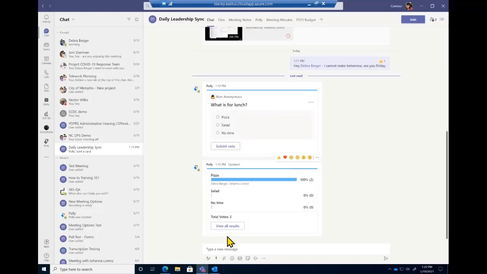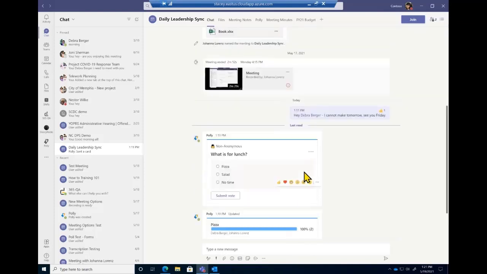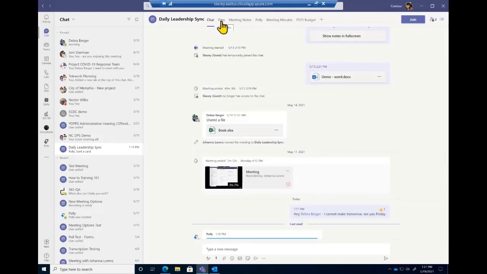So one thing to call out, it is a little bit different in a personal meeting versus a team meeting. The files all live in the uploader's OneDrive. So if you do not have OneDrive, you wouldn't be able to attach a file here in a meeting. So it is dependent on OneDrive. But again, whoever the uploader is in this, it would live in their OneDrive account.